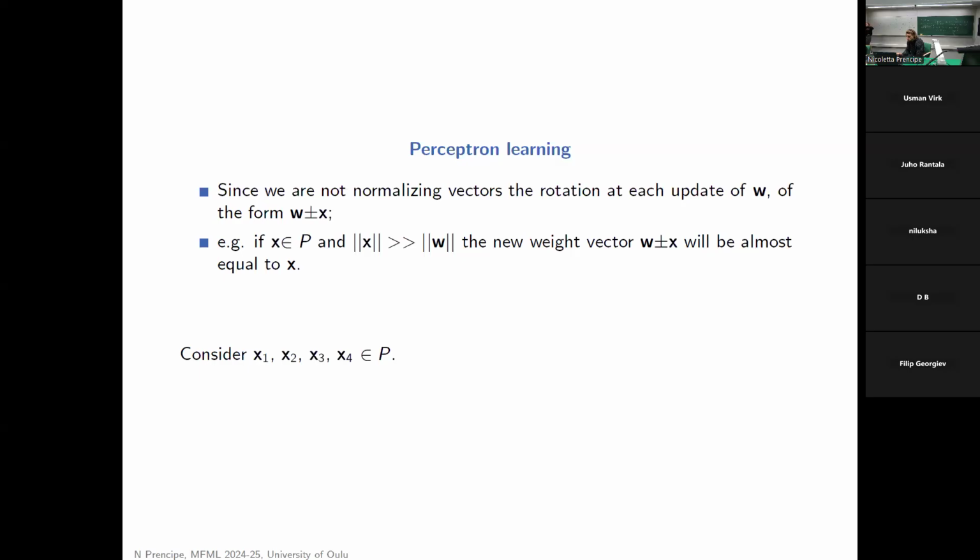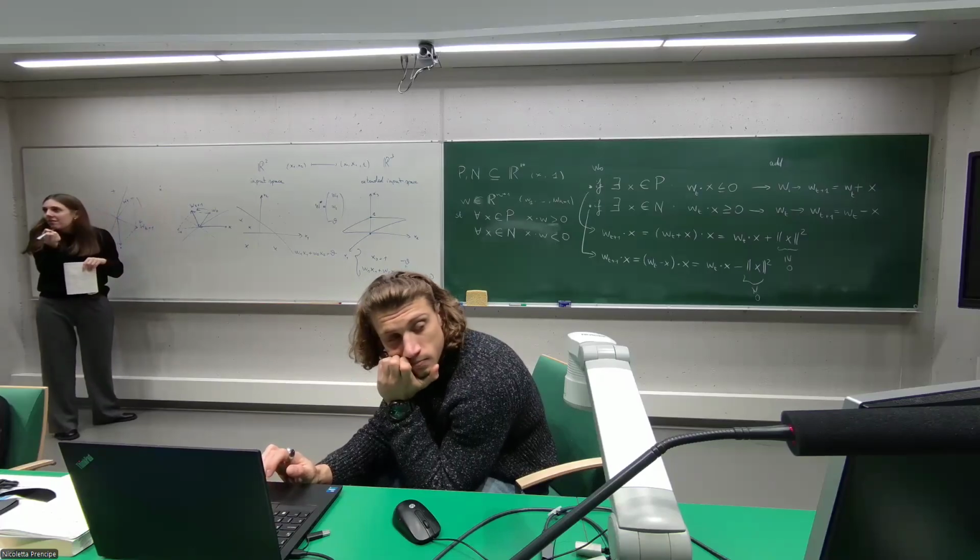So whenever I fix a point, I'm adding a vector. But since the vector does not have norm 1, the rotations that I'm applying are not going to be the same. If I add x many times,